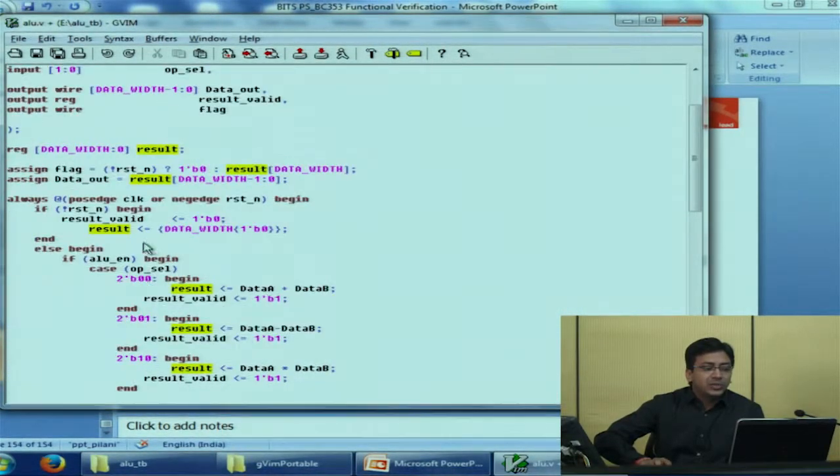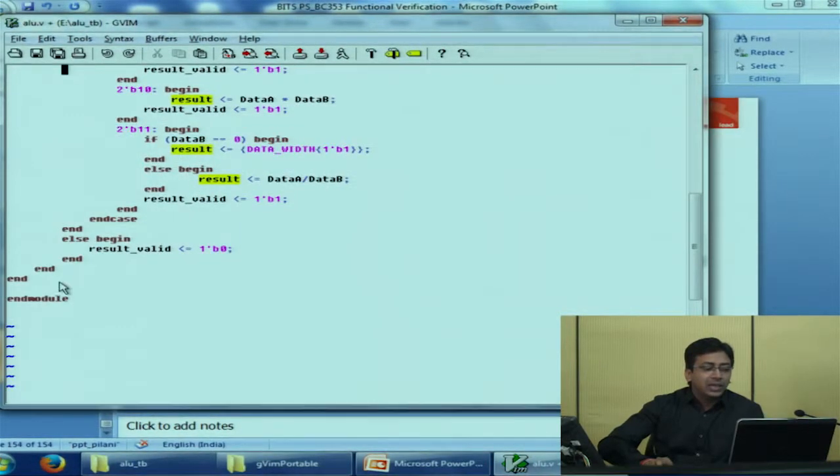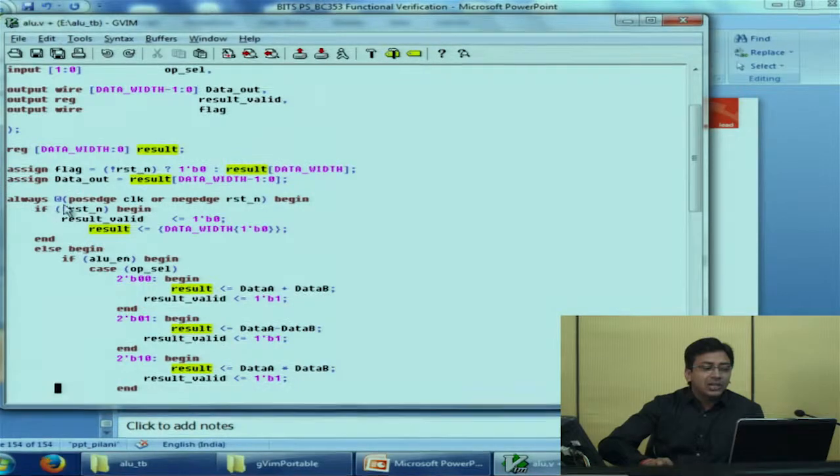So in this case, you would see that at the passage of clock, this was the first time we came inside this always block. Once this operation is performed, the DUT will come inside. Let's say the very first time it was asked to perform an addition operation. So it performed the operation, drove the outputs, came to the end. Now since the always is an ever running block, it will come back again, come back to this condition, wait for this condition to happen, and at the next passage of clock, it will again start looking for ALU enable.